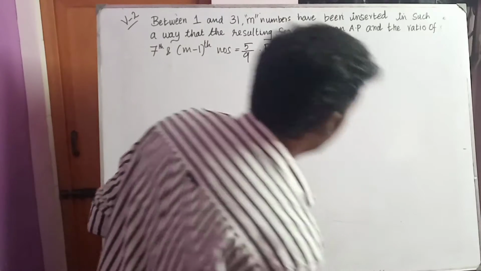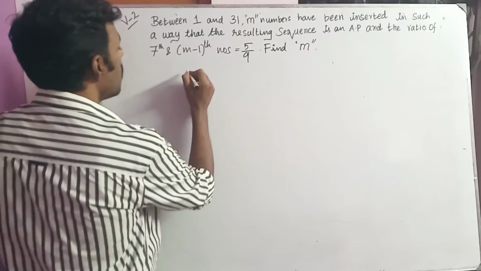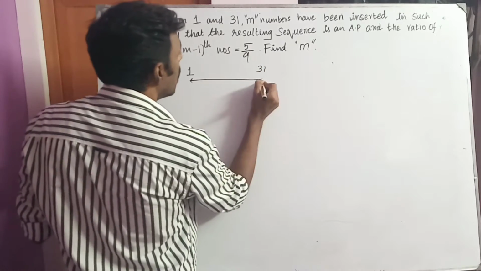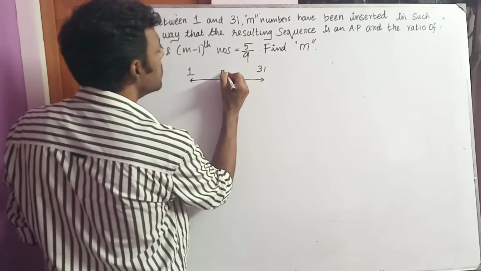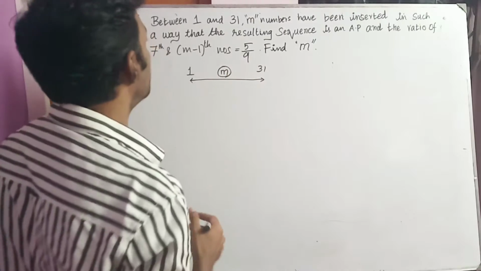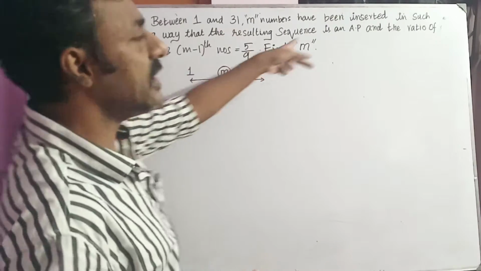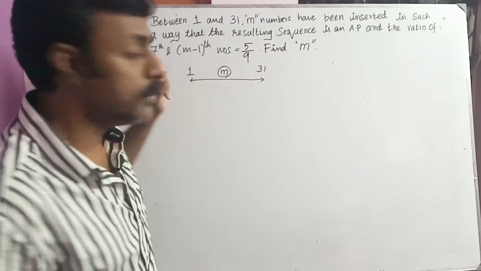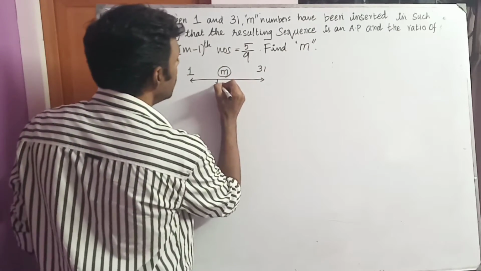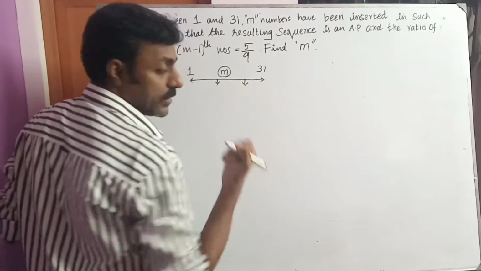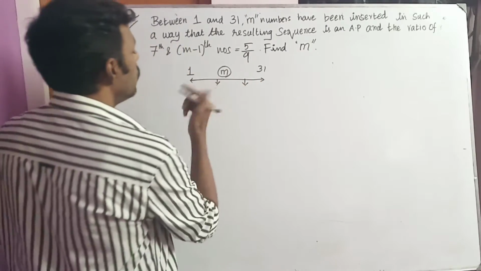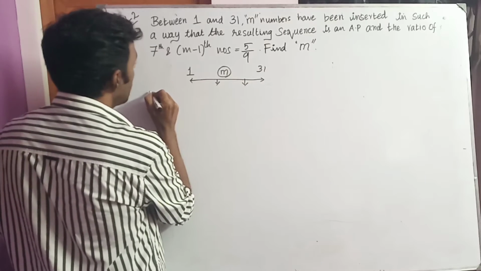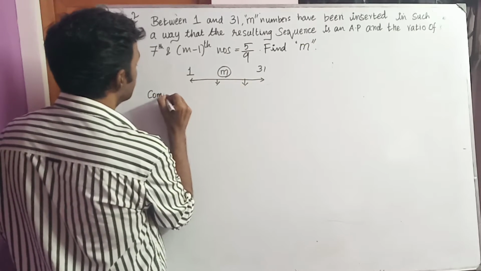They are telling that from 1 to 31, you have m numbers that have been inserted in such a way that the resulting sequence is an AP, and they are concerned about the ratio of the 7th and m minus 1th term. So here you will have the 7th term, here the m minus 1th term. Now if you want to find the common difference,